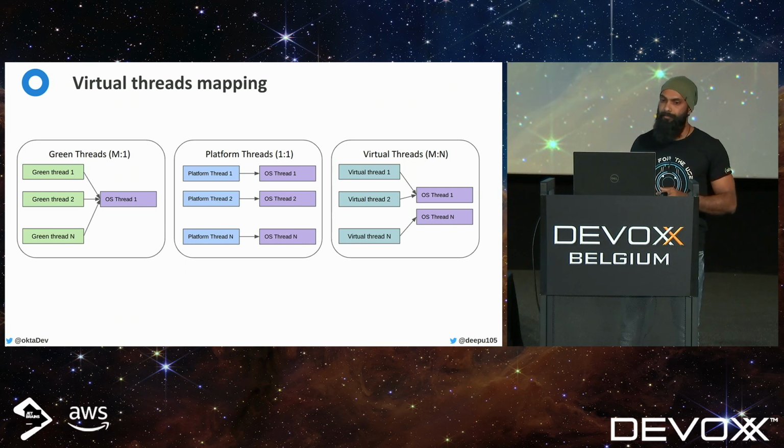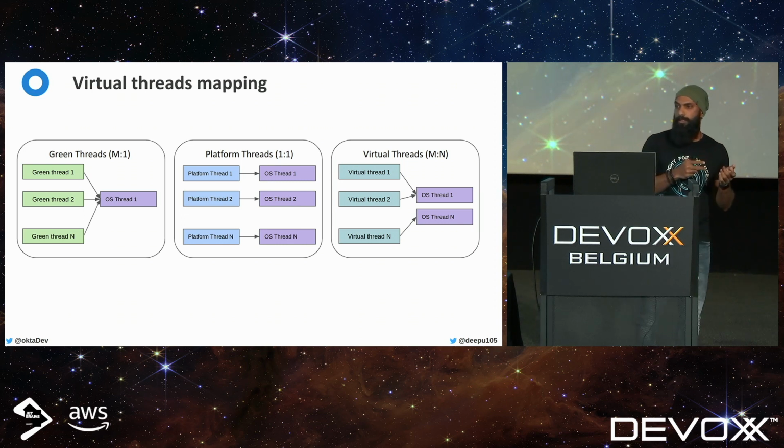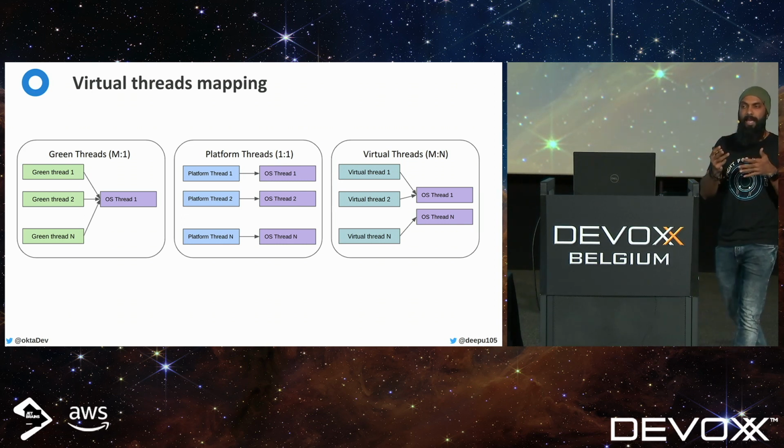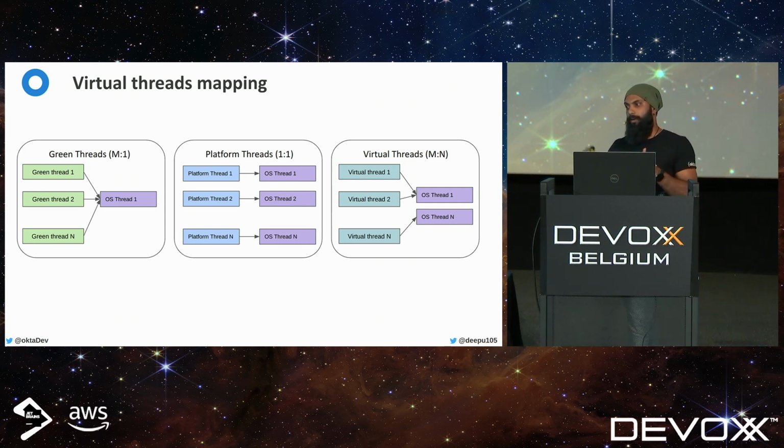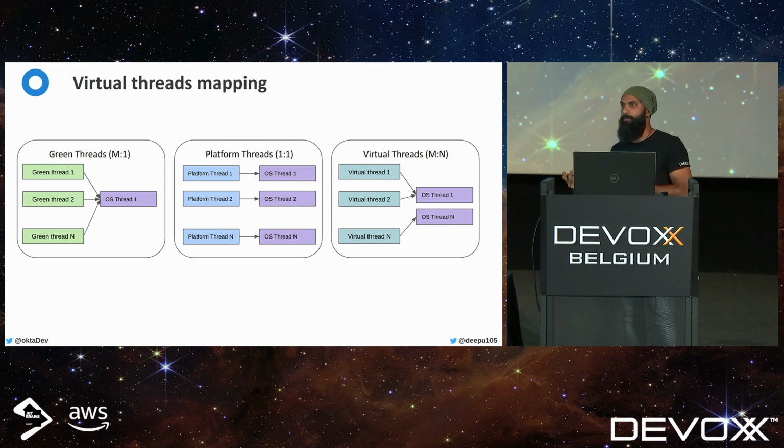And this is where it differs from green threads, which were the original threading mechanism in Java before platform threads. Though slightly similar, the glaring difference was that all your green threads were mapped to one OS thread, which obviously leads to thread starvation, because the more green threads you create, the more load on that one particular thread, and it's not going to scale. That was the biggest disadvantage of green threads, which led to their replacement by platform threads. Of course, with platform threads, you could have thread pools, and it could scale much better than green threads.